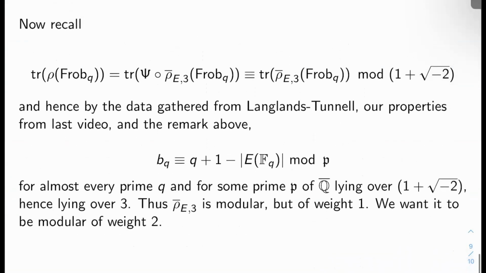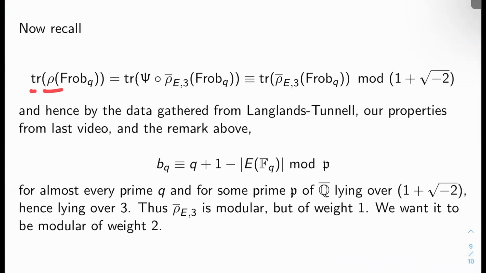And so, last slide for the day. So recall, what is the trace of rho of Frob_q? It's the trace of psi of rho bar E3 of Frob_q by definition of rho. But that's equivalent to the trace of rho bar E3 of Frob at q mod 1 plus root negative 2 by the trace congruence relation that I gave you above. And so if you take the data we just gathered from Langlands-Tunnell and properties from the last video,